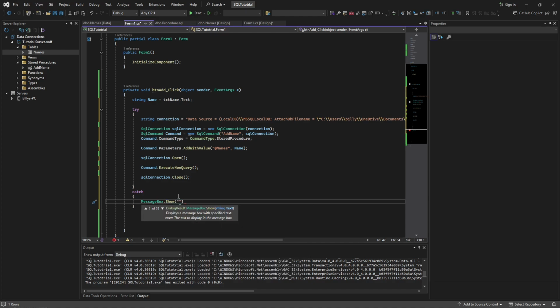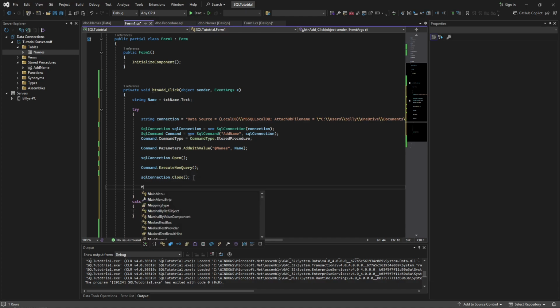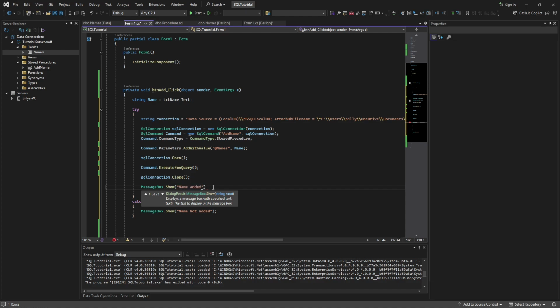You do name not added, just like that. And then if it does work, at the bottom of this, just do message box dot show name added, just like that. Make sure there's a semicolon at the end. Obviously you don't have to do this,